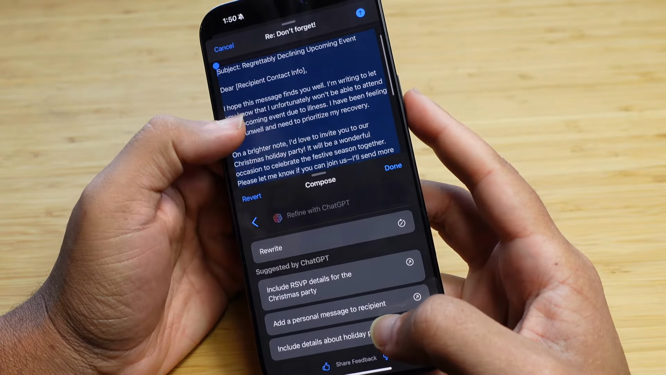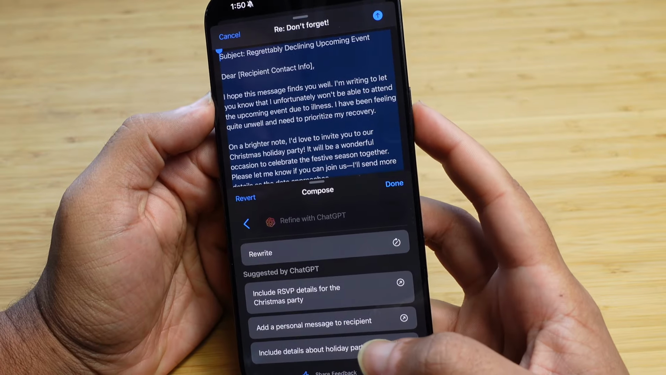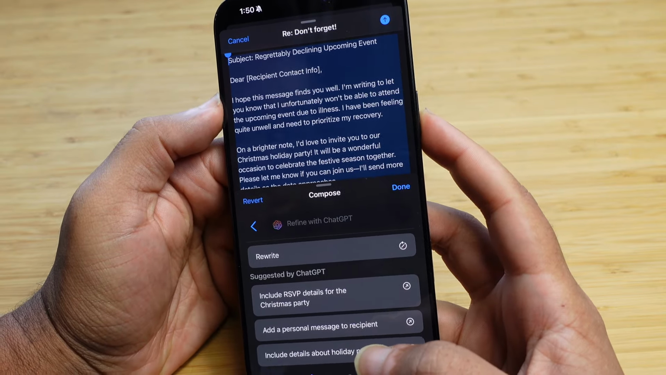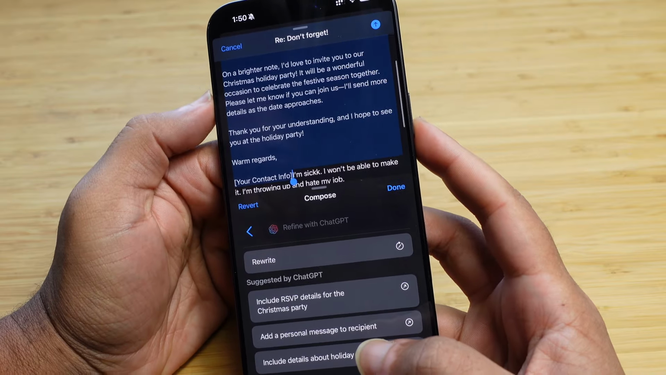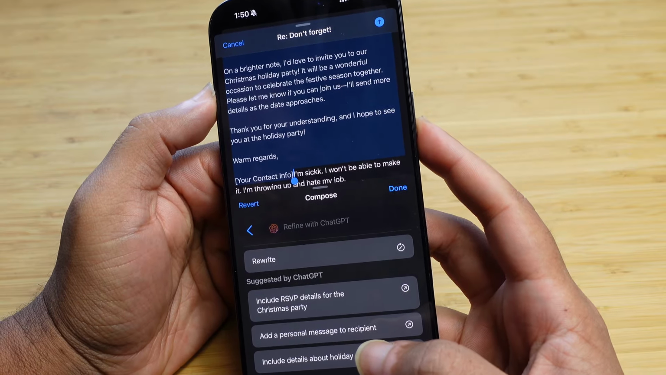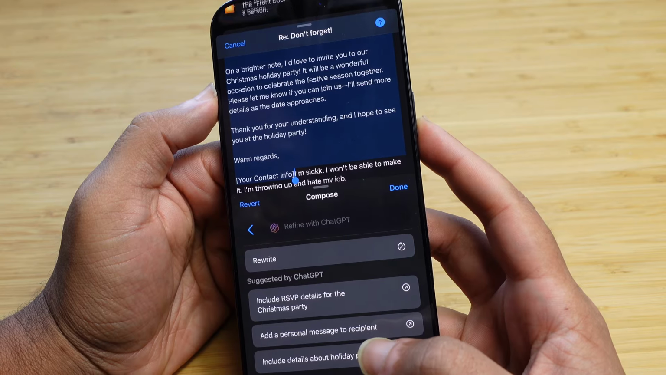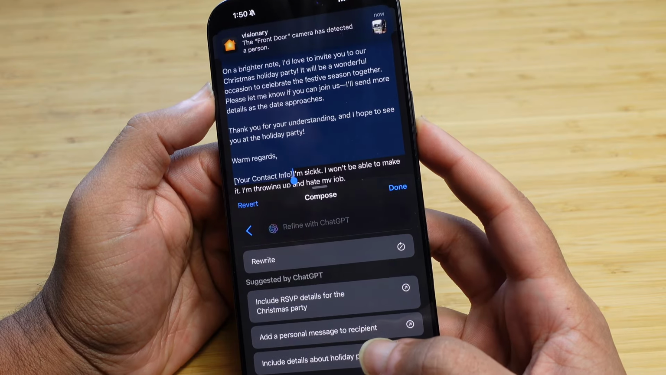Dear recipient contact info, I hope this message finds you well. I'm writing to let you know that unfortunately I won't be able to make this due to an illness. On a brighter side, I'd love to invite you to the Christmas holiday party. So just like this, ChatGPT wrote a whole email for me, and I think that is really fancy and really